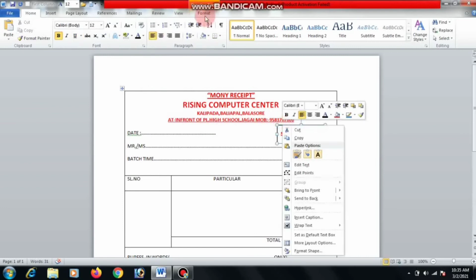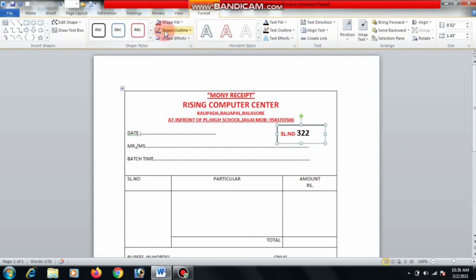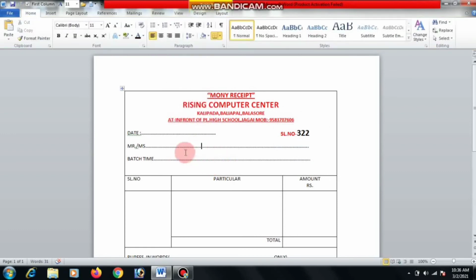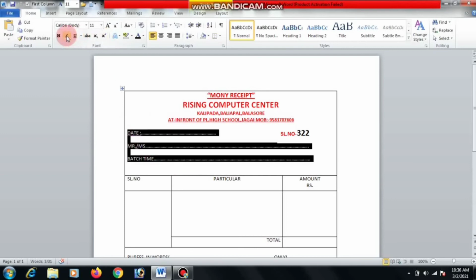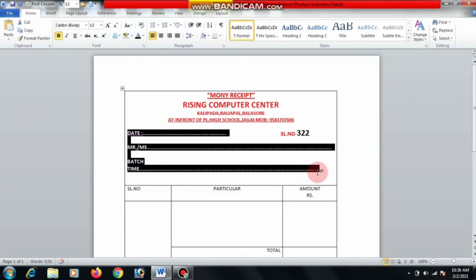Right click over the text box, otherwise go to the insert menu and click on the border option, meaning shape border, no border, and select this data, increase the font size.